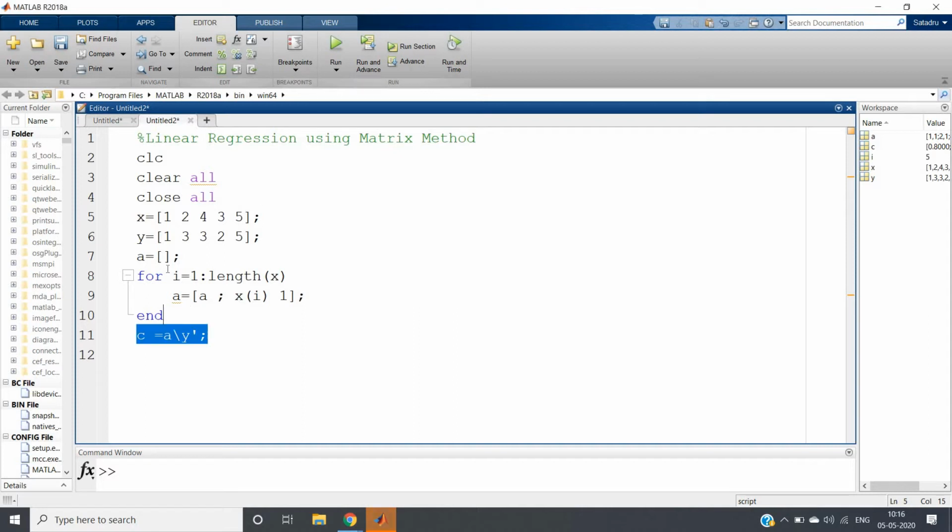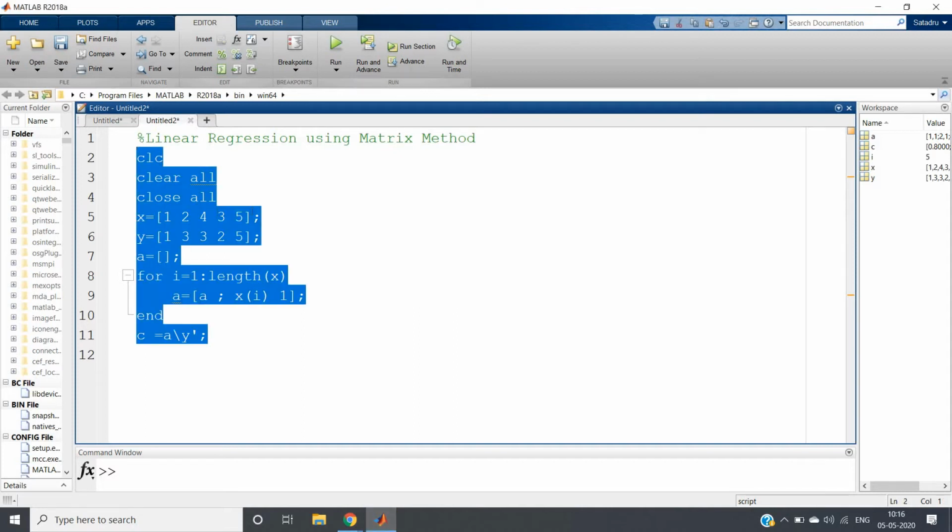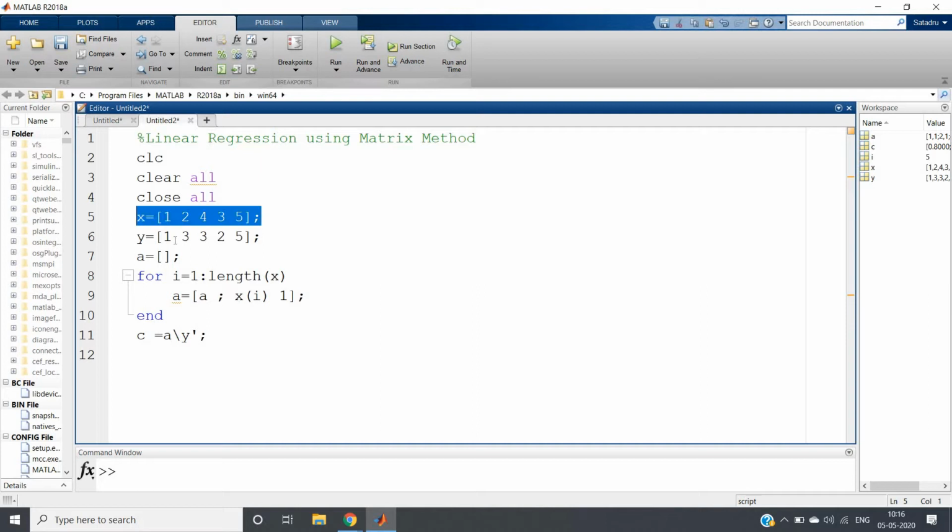So what we are doing basically here, I have taken two data points x and y, and I am calculating the regression coefficients which will be stored in C. We are using the equation like this: y equal to a into x plus b. Sometimes on many websites you may see this kind of equation, b plus a into x. Both are the same, but it depends which equation you are using for calculating the coefficient. According to that you will get the result.